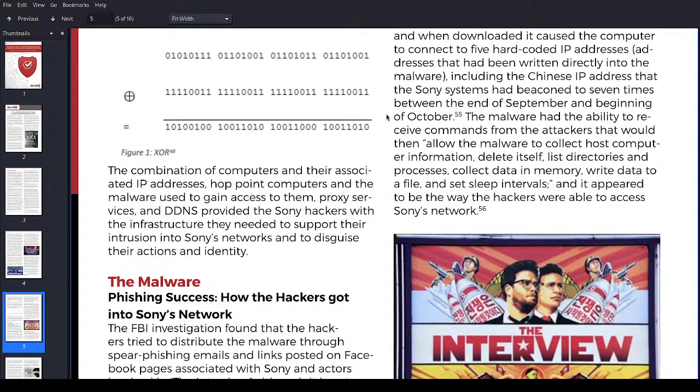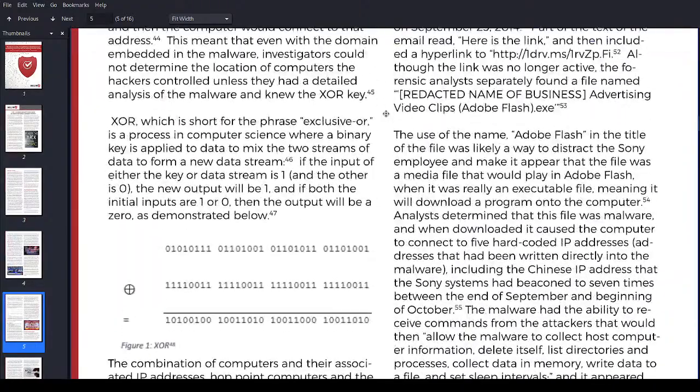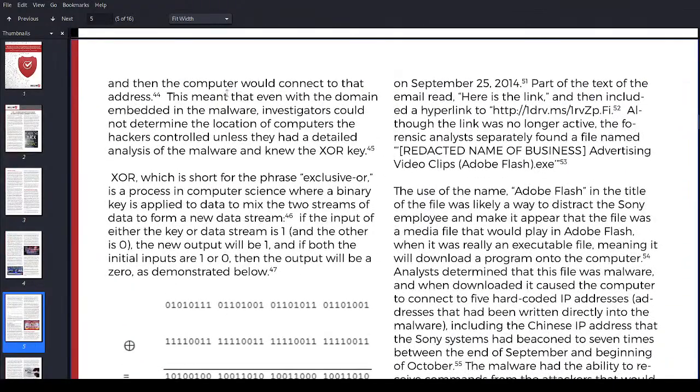And not only do they use a virtual private network, they use this thing called a dynamic domain name system. So what happens is that the IP address of the domain just changes. So I guess they were able to hide themselves, and then somehow they implemented the XOR thing, which I don't know how. This meant that even with the domain embedded in the malware, blah blah blah blah blah.